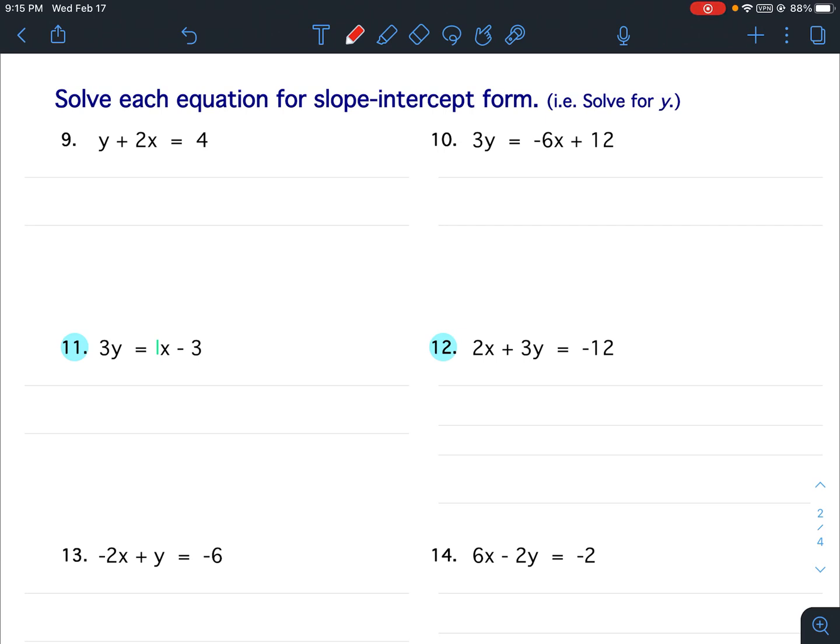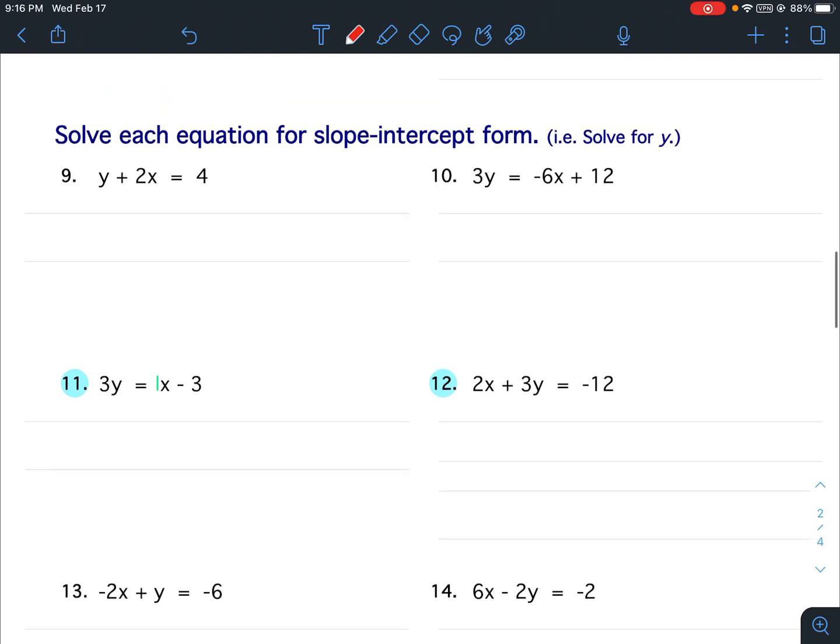Why do we solve for y? We want equations in slope-intercept form when we want to graph. So in other words, 9 through 14 is the first step for solving systems of equations using graphing. Now, we did a bell work together where I walked you through all 8 problems, and that bell work was bell work